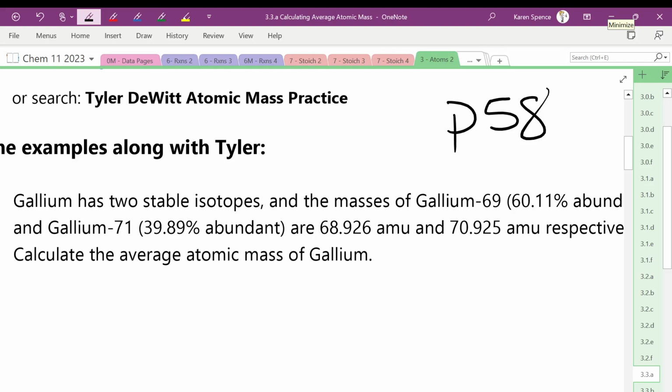Page 58. Read the question and tell your partner, how many stable isotopes does gallium have? It has two stable isotopes. Okay? One is gallium-69. So I'm actually going to summarize this information down below because sometimes it's hard to pick it out. So we have, here is gallium-69, and it is